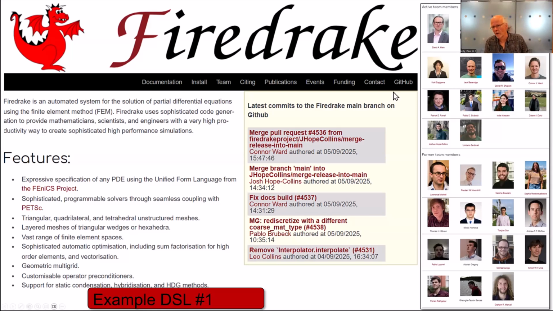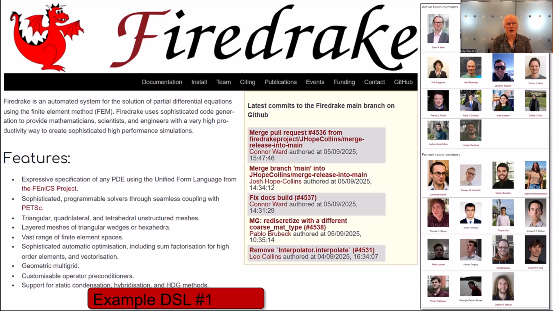So this is the work of a substantial team of people, many of whom are shown here on the right. And I would highlight David Ham, the professor in maths at Imperial, who really these days leads this project. I got involved as the compiler specialist. I learned a lot about their problem, but these days, this project is kind of driven from the applied maths side. And I kind of think of that as a success. They still have problems that look like compilation problems. Some very interesting and tricky things, for example, in generating really good code for GPUs for this kind of problem. And I'm talking to them about it.